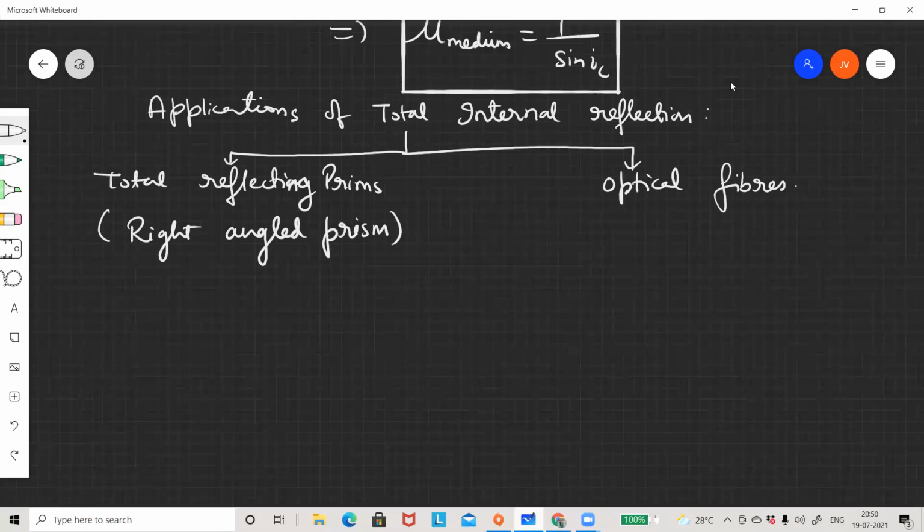Even no, it's not a right angle, it's an isosceles right angle triangle. Isosceles right angle prism. Isosceles right angle prisms also can do dispersion, but they will help us in doing total internal reflection more accurately. So for an isosceles,